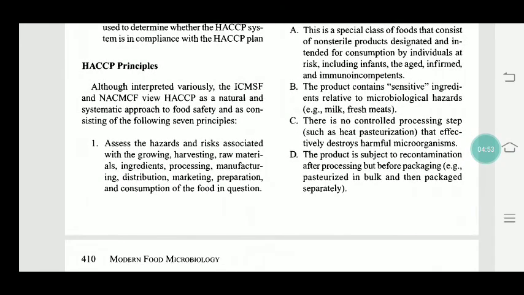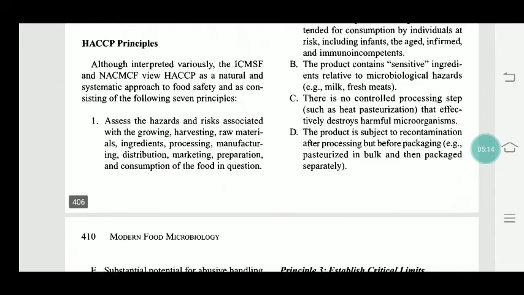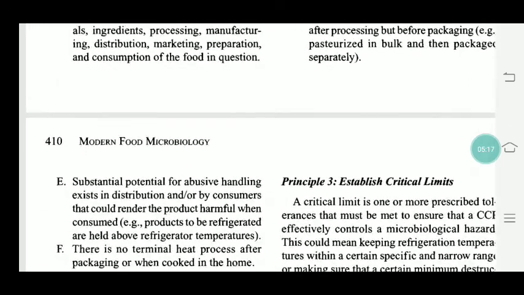Then D, the product is subject to recontamination after processing but before packaging. Example, pasteurized in bulk and then packaged separately. So the pasteurization process is done, but we package it separately. So if there is any kind of contamination during packaging, it is categorized in the D category. Then E,